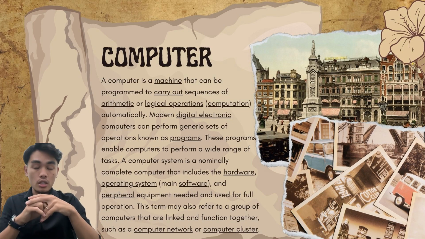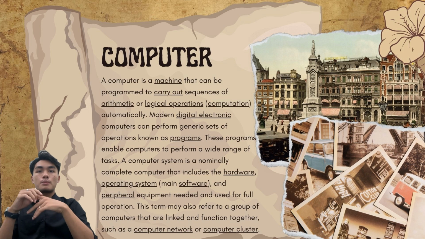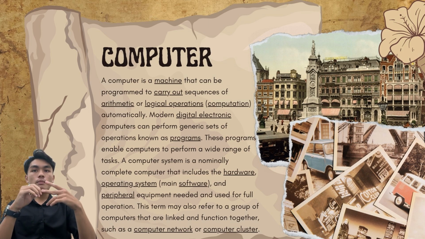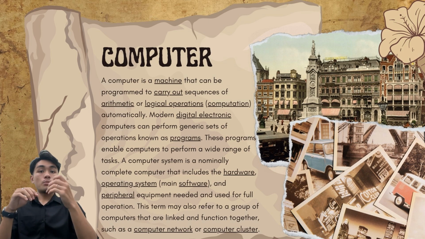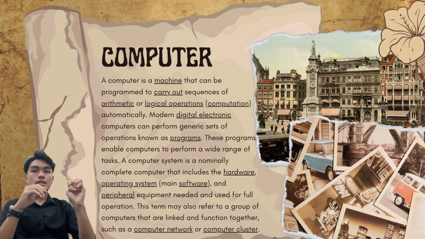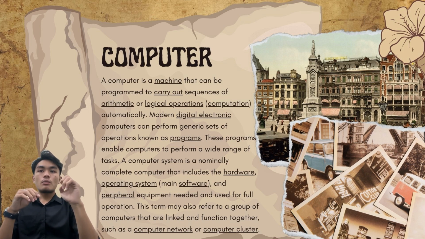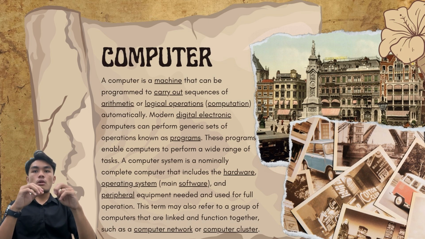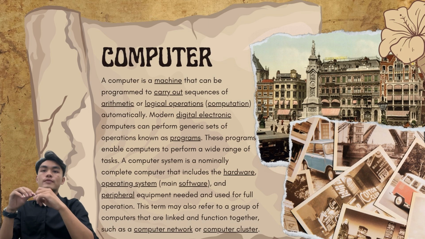Alright, computer. What's a computer? A computer is a machine that can be programmed to carry out sequences of arithmetic or logical computations automatically. Modern digital electronic computers can perform generic sets of operations known as programs. These programs enable computers to perform a wide range of tasks. A computer system is a nominally complete computer that includes the hardware, operating system, main software, and peripheral equipment needed and used for full operation. This term may also refer to a group of computers that are linked and function together, such as a computer network